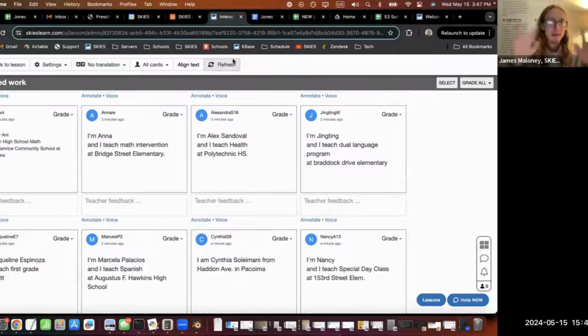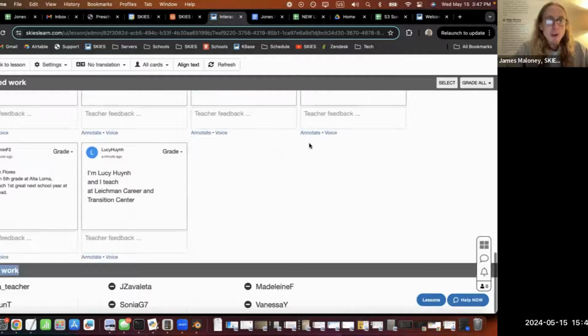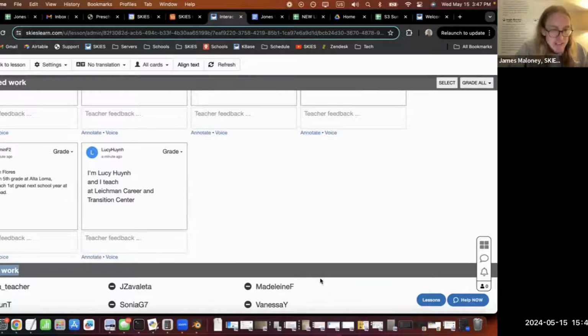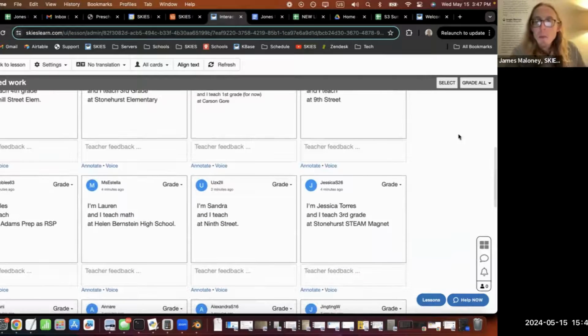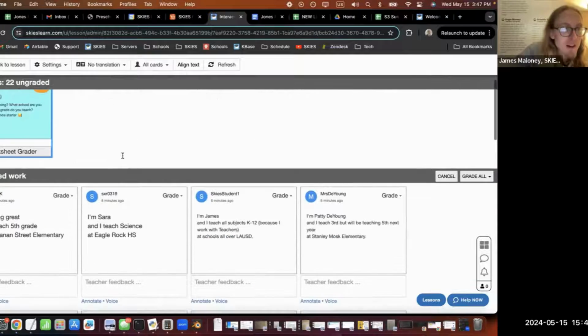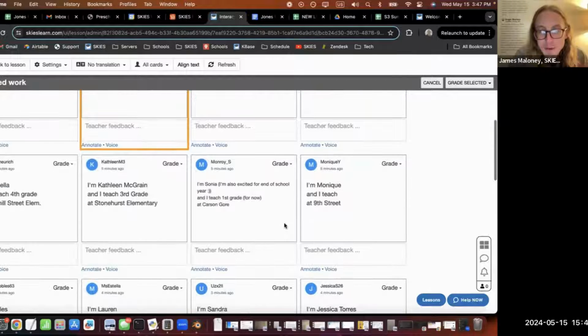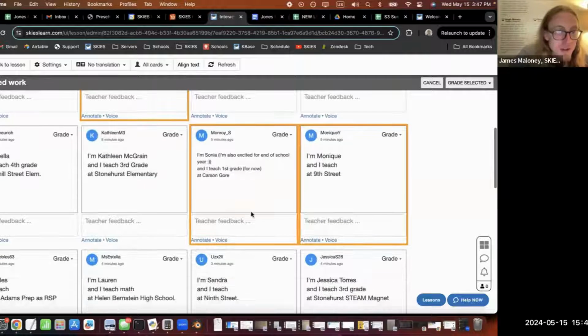Don't worry if you don't get a perfect score. I'm an easy grader. Everyone's going to get a good grade. The teacher said, James, show teachers how quickly you can have all of the students respond. You can see who's missing, and then you can press this button over here, which says select. Maybe you'll figure out why I'm selecting these teachers right here.